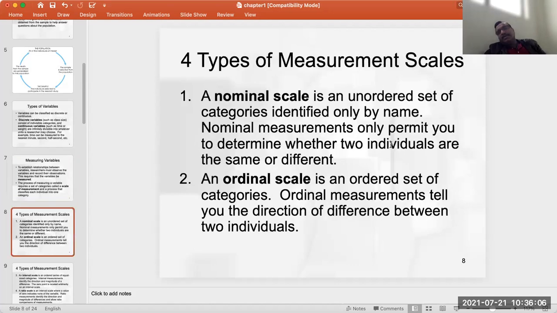Like here you can see, the nominal scale is an unordered set. There is no order, nothing like this is greater than, this is less than. If you are going to record some sort of preference, color, taste, whatever that means, they can only be identified by names like green, blue. Let's say we are analyzing color and the color of the two sets is matching, blue to blue, we can say okay, they are the same. If not, we can say they are different.